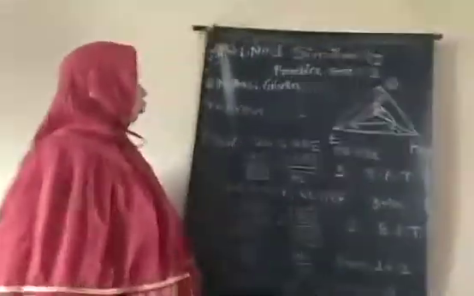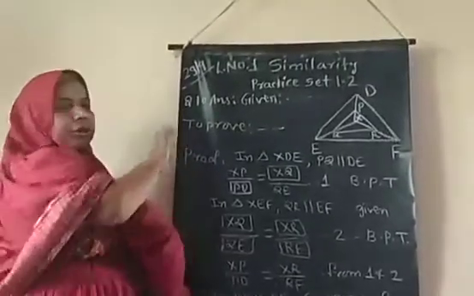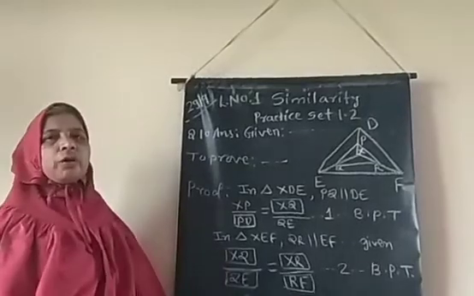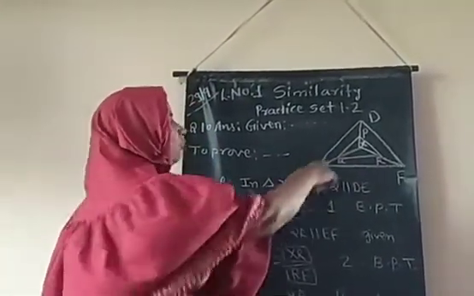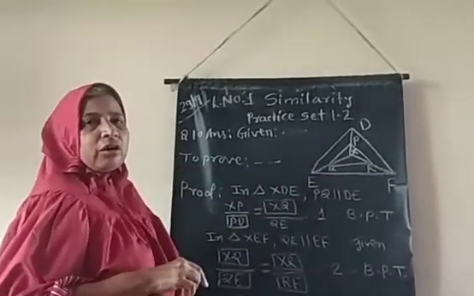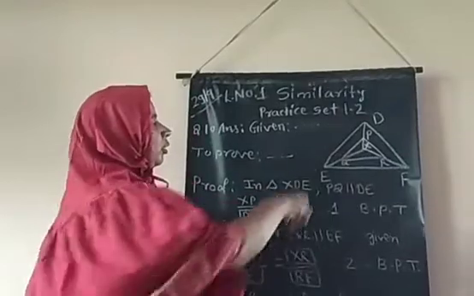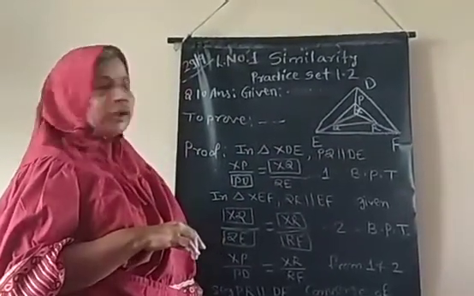Start. Question number 10, given and to prove, write down from the textbook. And the proof is given in the form of an activity. This is a figure in triangle DEF. This point X is in the interior of the triangle, and from this point X three more points are located. They form another triangle PQR.